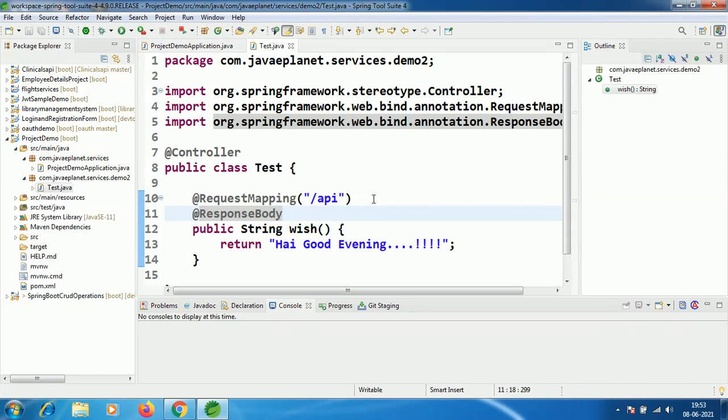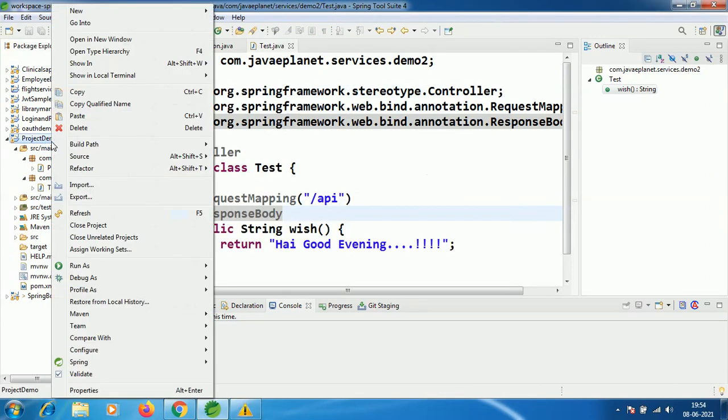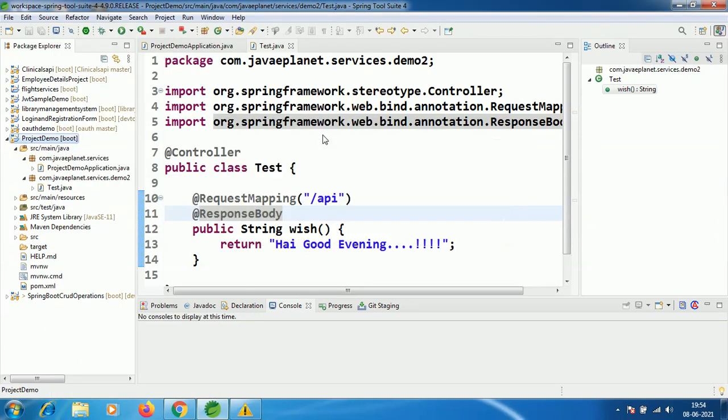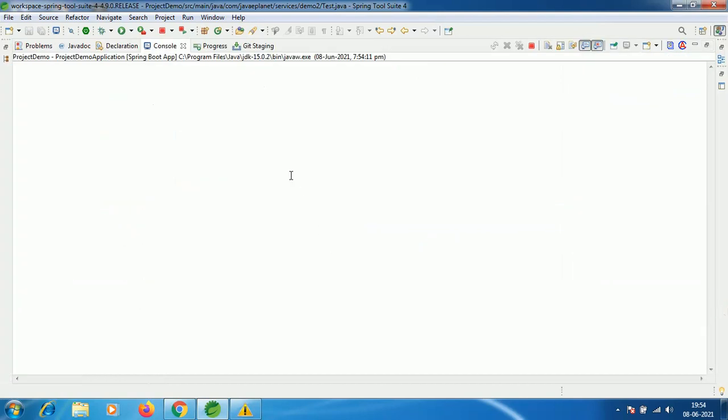Everything is fine. Now run the application. Right click, run as Spring Boot app. It is running the application.